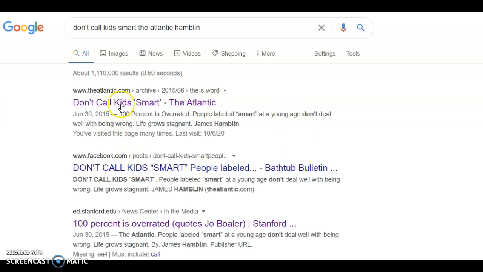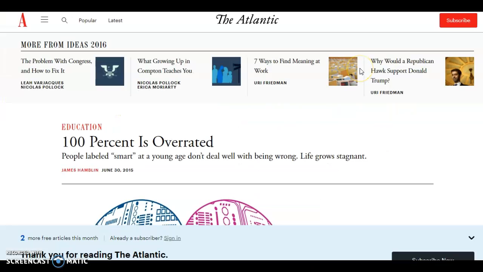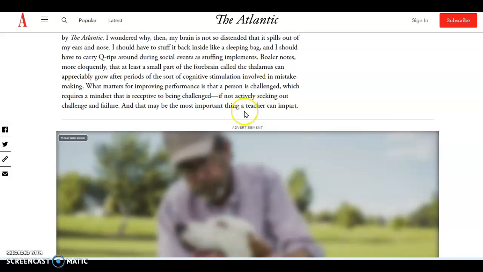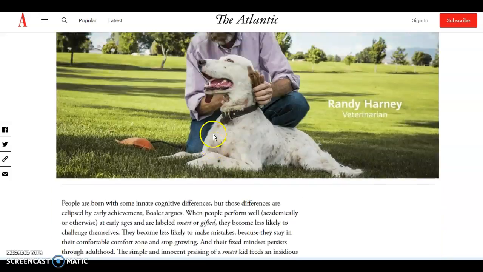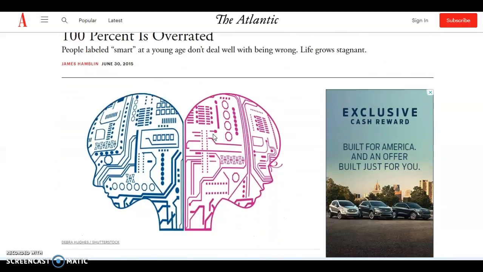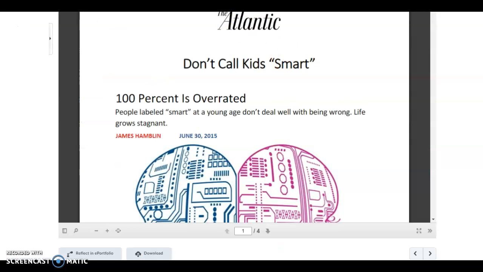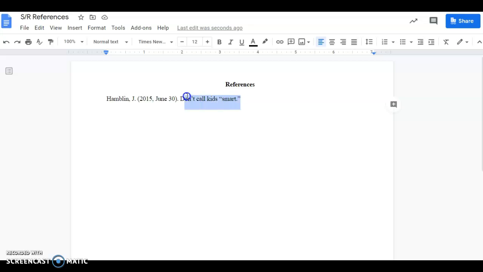Now, because this is not published in an actual magazine, if you look it up, it's actually published on a website. The Atlantic does put out a paper magazine, but we're not accessing it on paper. We're accessing it on the web. So in order to show that this is a web article, we're going to italicize the title. So that's going to go in italics, and then we're going to put the name of the publication